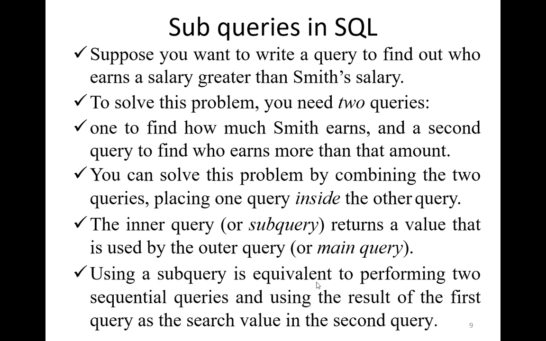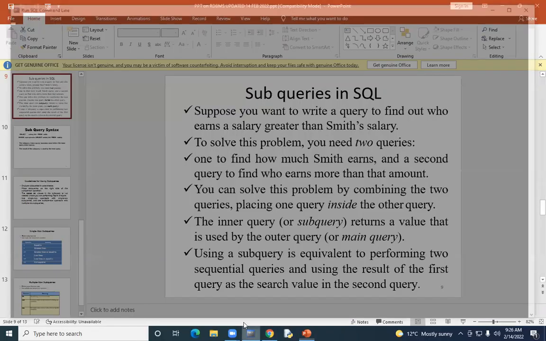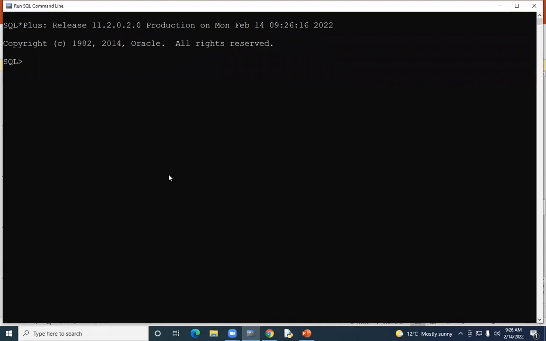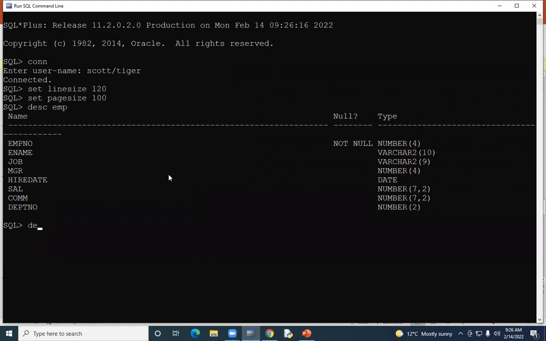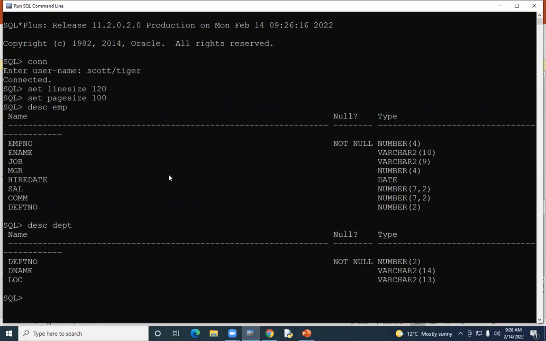So let me just start an Oracle session for you, SQL session here. Just connect as the user scott. Some environmental settings here. Then I can describe these two tables just so that you are in sync with this. Then if I display